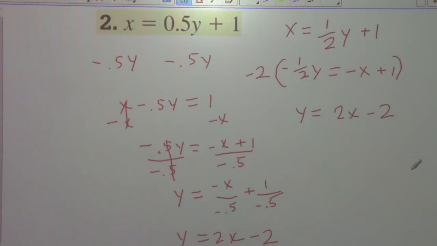2x minus 2. Oh, yeah. Right. Okay, that makes sense. Which ends up the same thing. So the main thing I'm just trying to show here is that sometimes there are different ways to do it, and sometimes a fraction is easier to work with than a decimal version, especially when you're dividing. That's the only thing I'm trying to bring out. So are we okay on that one? Yeah, let's go on to